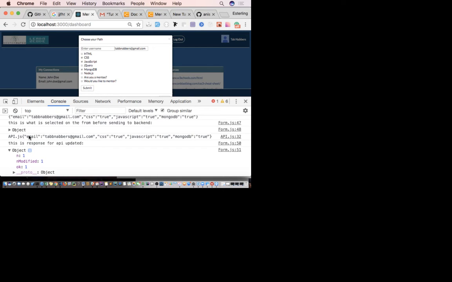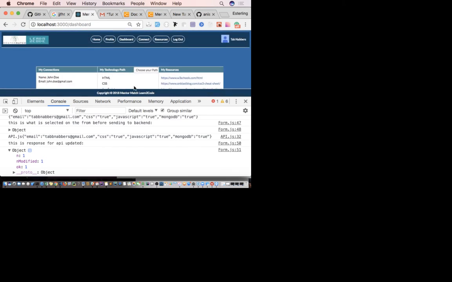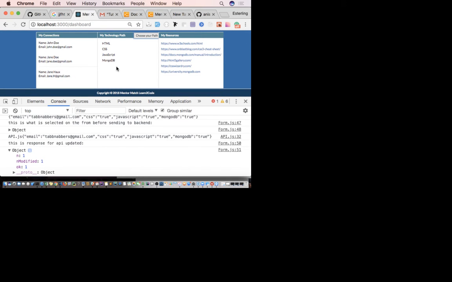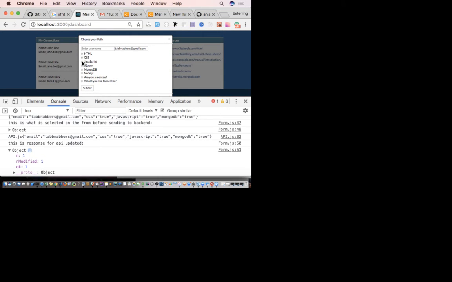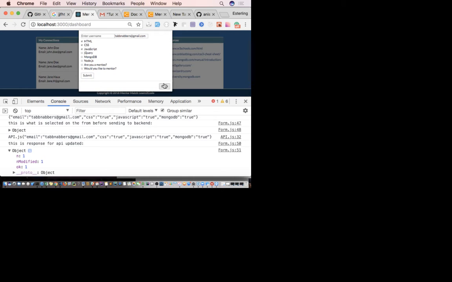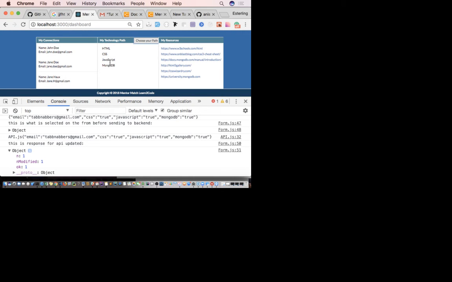Here's the issue, right? When I click, I got the data. It's in my console log, but it should be displaying here as well, and it's not displaying. When we think about this, there should be something that happened. When I pick something, which is the data, the state should change. And what state should change? The state over here. All right, so let's investigate that.